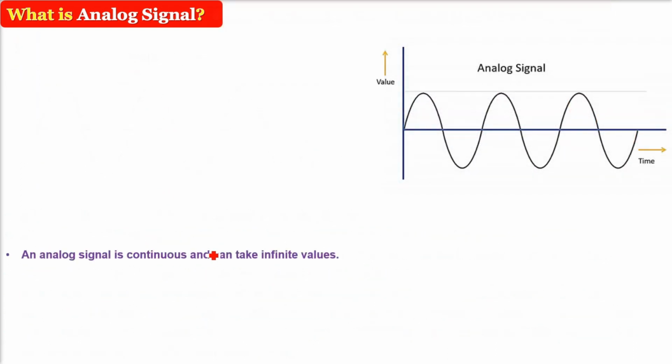An analog signal is continuous. There is no breakage. Now you understood that. If it is continuous, that means it can take infinite values. At every point, x-axis is t. So let me make it as t comma v. V can be any value. It can be voltage, it can be current or other. So at every t, you will get some value of v, some value of voltage. So that is why it can have infinite values.